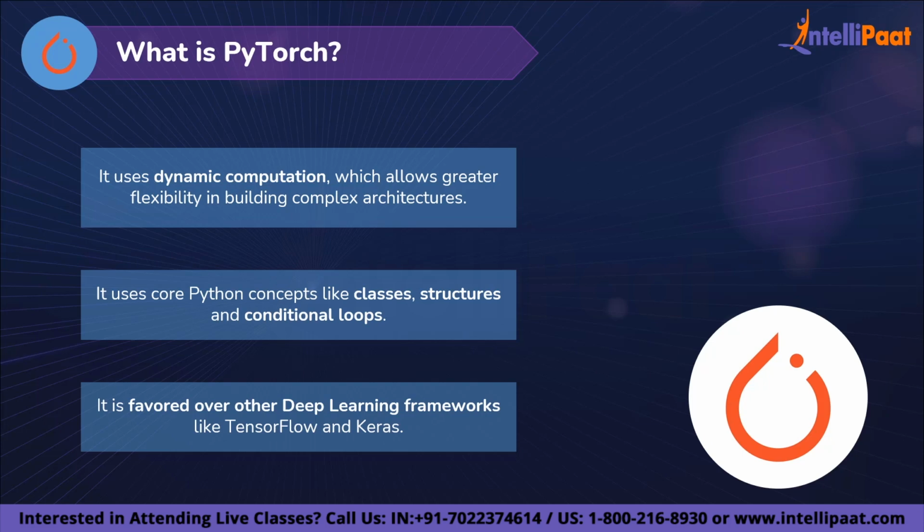And this makes it a lot simpler than other frameworks like TensorFlow that bring in their own programming styles. Third, PyTorch is favored over other deep learning frameworks like TensorFlow and Keras since it uses a dynamic computation graph and is completely Pythonic. So it allows scientists, developers, and neural network debuggers to run and test portions of the code